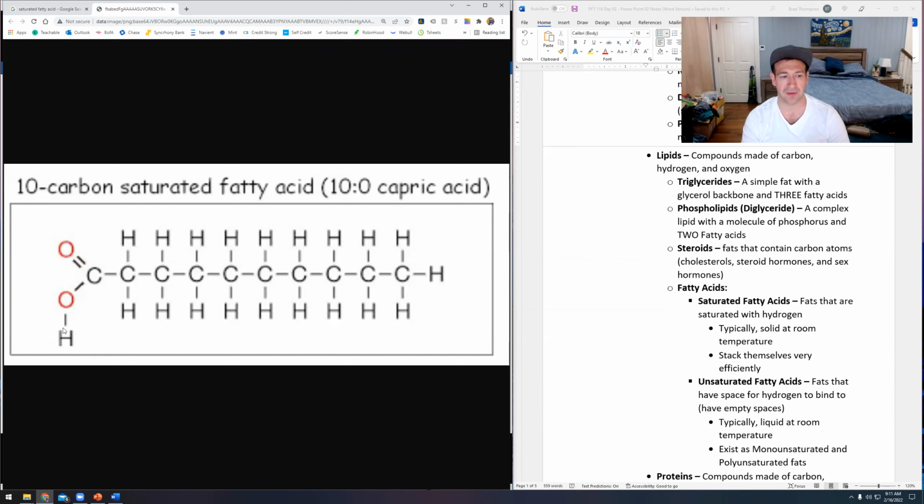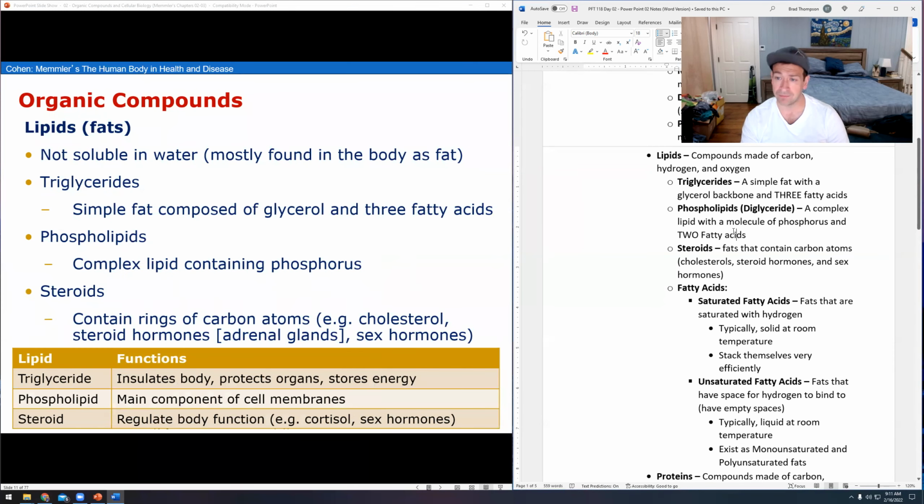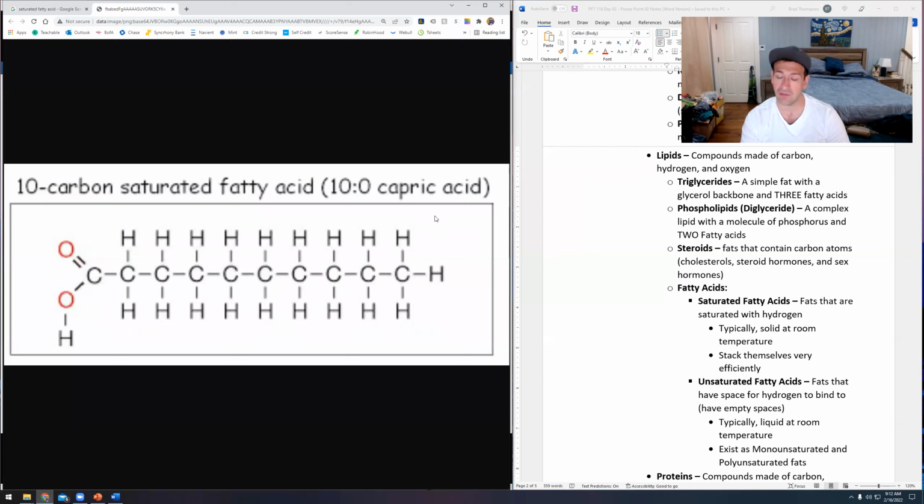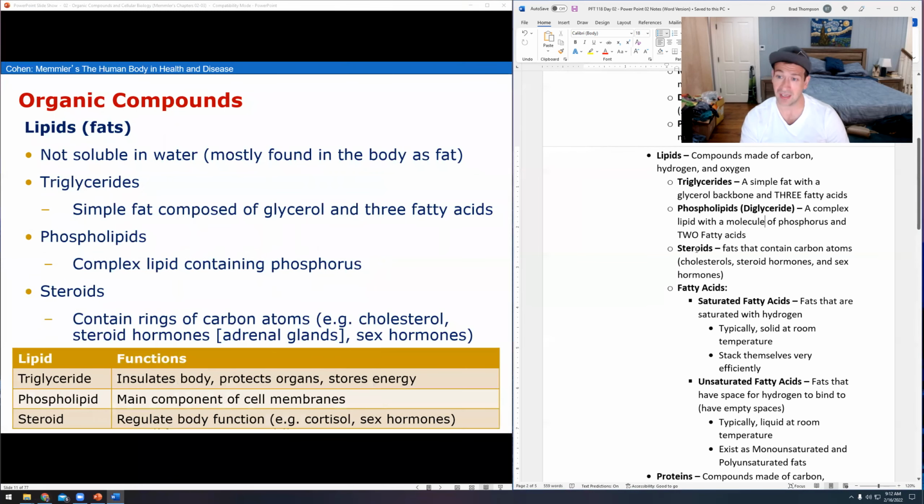And so this is a little bit of hydrogen, oxygen, and carbon. It's like a little table of carbon with little hydrogen seats, you know? Now, this is what's known as a lipid, right? Lipids are the various types of fats that you're going to find inside the body. And again, lipids are carbon, hydrogen, and oxygen. This one in particular is a saturated fatty acid, so that's the one that you find mostly in animal proteins and things like that.